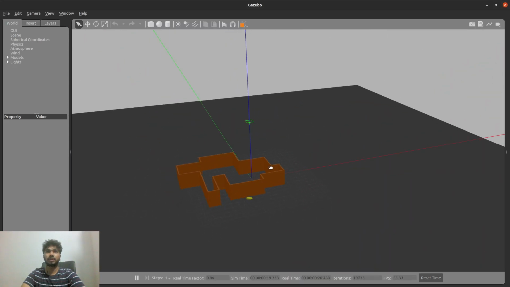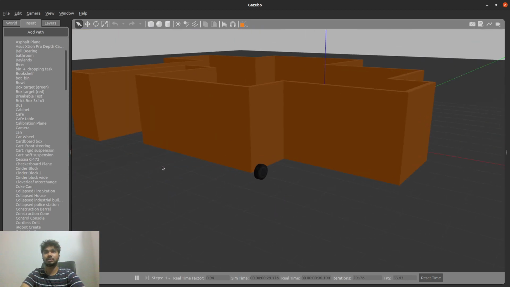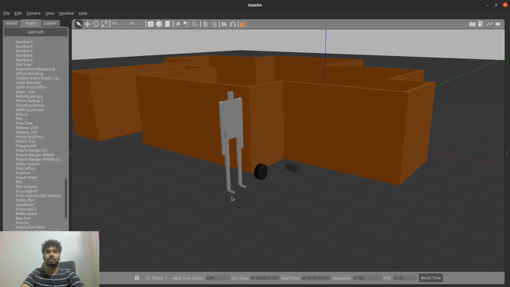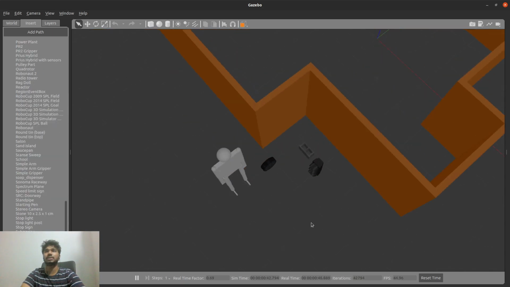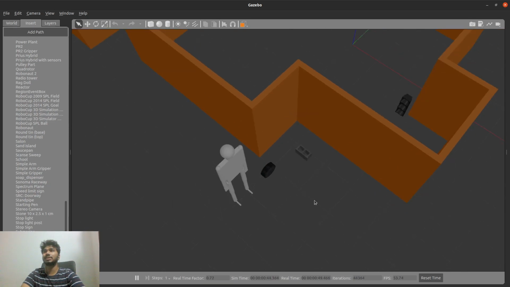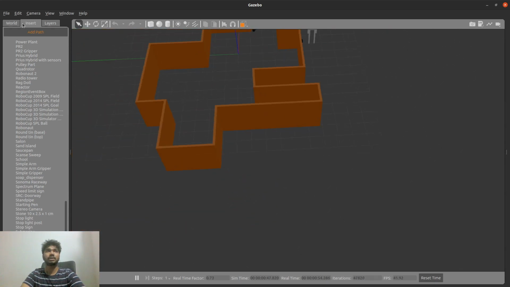there's my world. And also you can actually insert many obstacles, scans, car wheels and stuff like that. If you can see, there is a car wheel here and a cinder block, anything. There are a lot of things in this Gazebo. You can have a rag doll. Maybe we can have a plastic cup, a stoplight. What is the stoplight? Let's see. Yeah, we have a stoplight here, and we can add anything as we want. So as of now, let this be, and we'll save this.